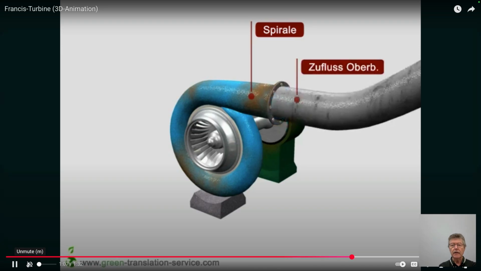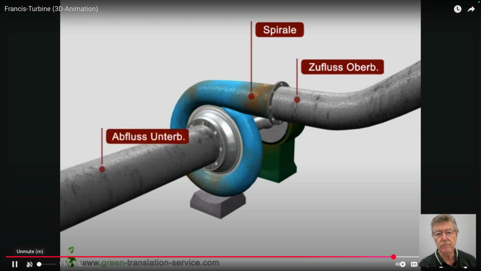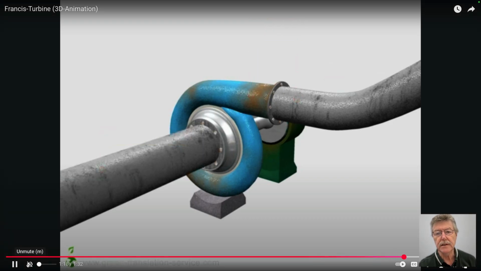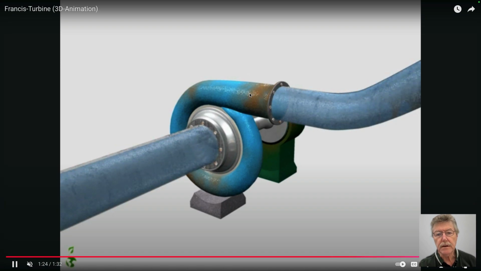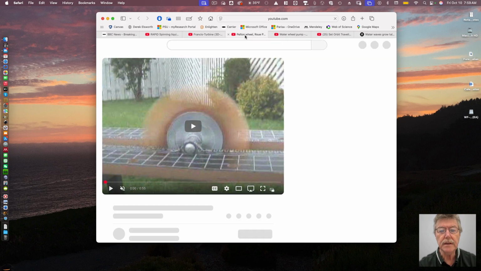So I'm not sure which way it comes in this case. I guess they're not going to show it running. Abfluss is out, right? So yeah, it comes in through here, gets fed into the turbine through these blades, turns it with these blades, and then it comes out through the center. So again, it's transferring its momentum into the